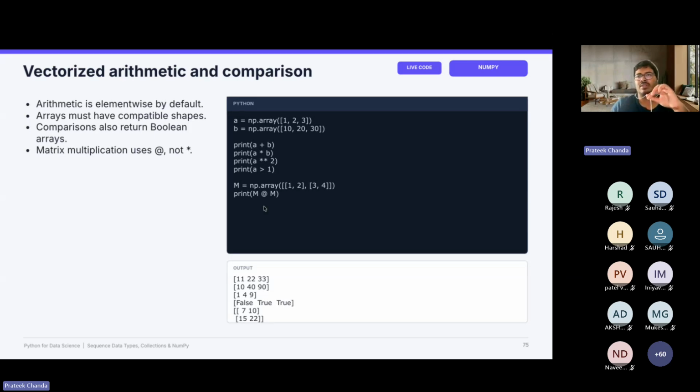Because a matrix is not a one-dimensional scalar, it has some shape to it. So you can't use the simple star. You have to use this operator, at the rate, to multiply two matrices. And of course, you have to check that the shapes match: the last index of the shape of the left matrix should match the first index of the right matrix. Otherwise, it would give you an error that the matrix shapes are not matching for multiplying.